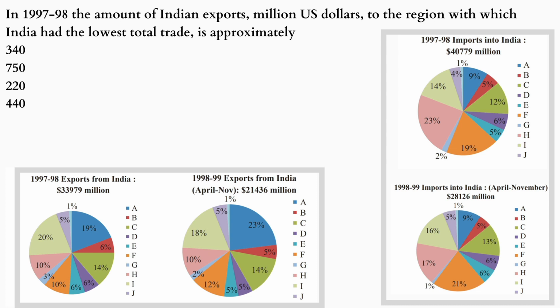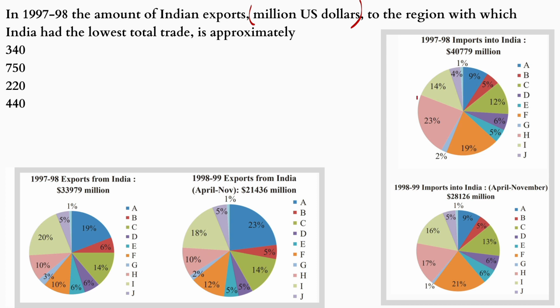So what about the second one? In 1997 to 98, the amount of Indian exports in million US dollars to the region with which India has the lowest total trade is approximately. See, what are we asked here? Please read it carefully. The amount of Indian exports, you can ignore this part in between the commas. Okay. So the amount of Indian exports to the region with which India had the lowest total trade. Okay, which region has the lowest